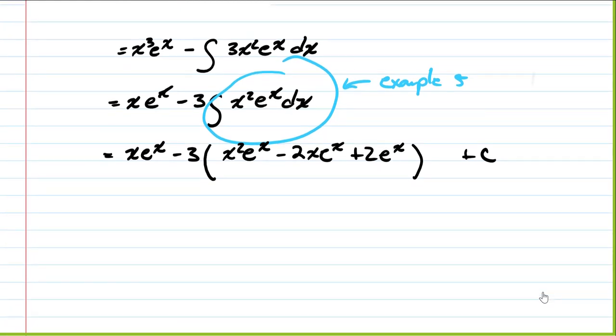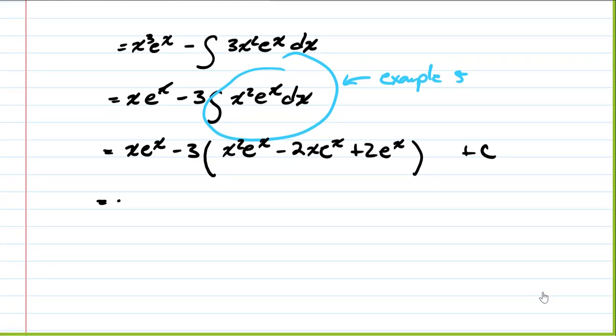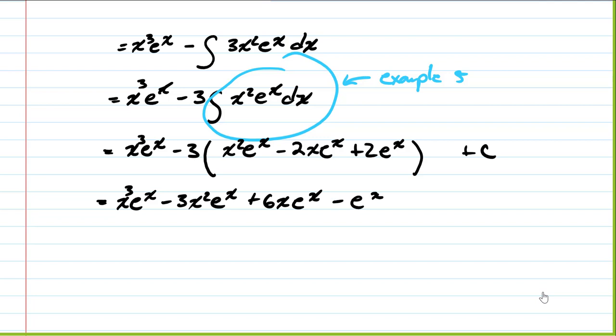So then if we distribute that minus 3 in, we get x cubed e to the x minus 3x squared e to the x, minus makes it plus, so 6x e to the x minus 6 e to the x